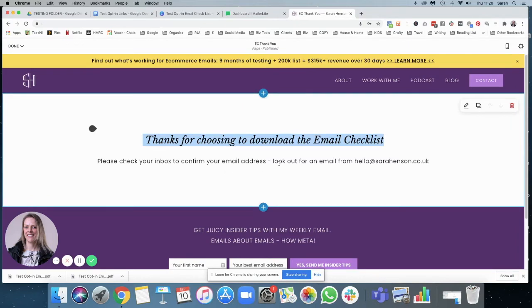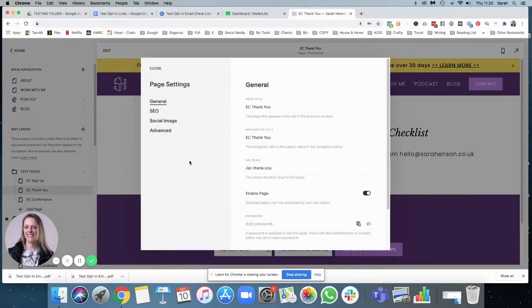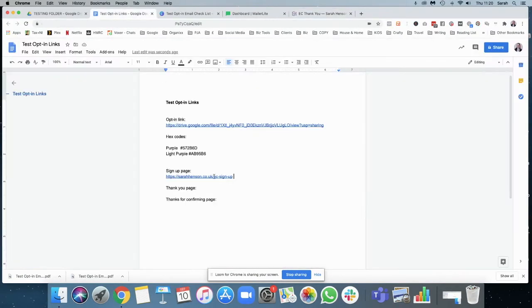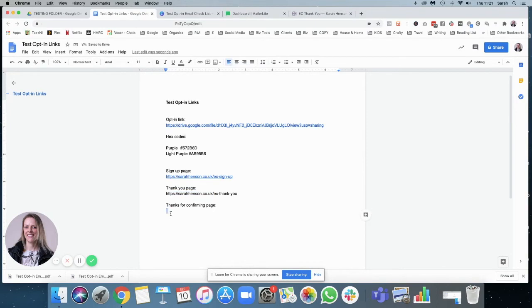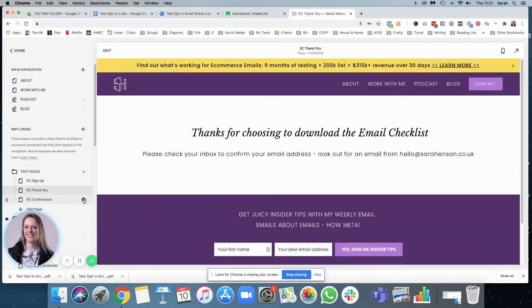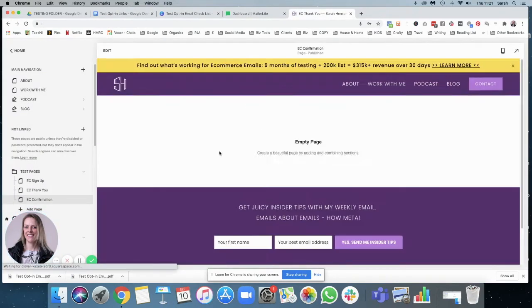Okay, so save that one. So that one's done. Let's get the slug for that one. Okay. And then obviously we've got that last one to do as well, the email confirmation page. So this is when they go to their inbox to confirm their email, they'll click the button to say, yes, this is my email address, and they'll go to this page